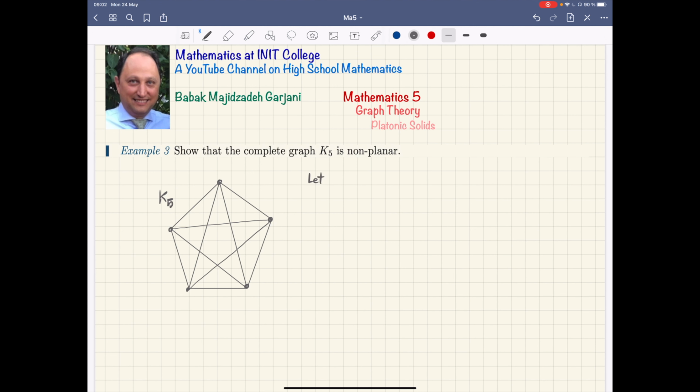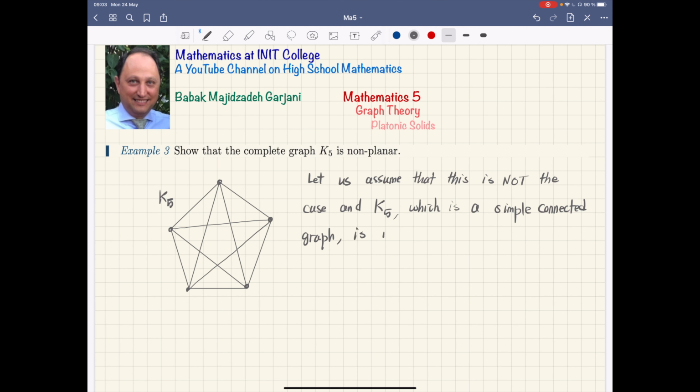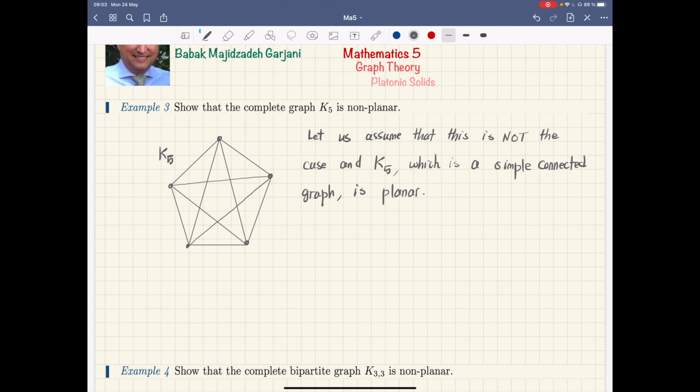Let us assume that this is not the case, and K5, which is a simple connected graph, is planar. Yes? Then, by Euler's theorem,